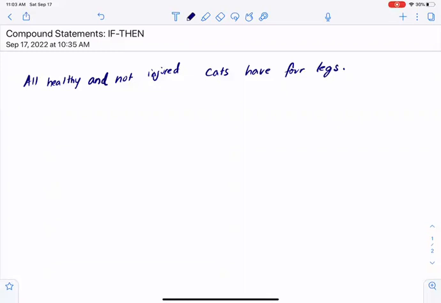But when I first started, I started with all cats have 4 legs. When you read it, it simply looked as if it's just a statement and not a compound statement. I completely agree. That is not a compound statement. What I started with, all cats have 4 legs, is just a statement. But